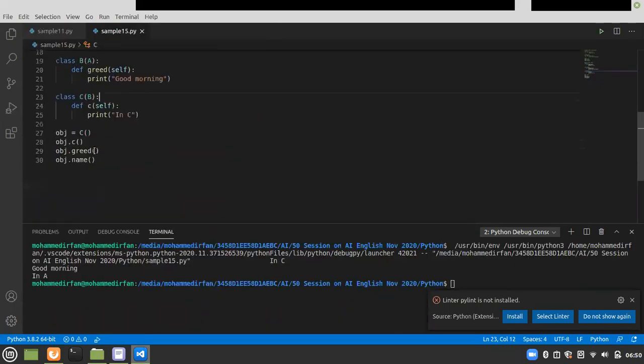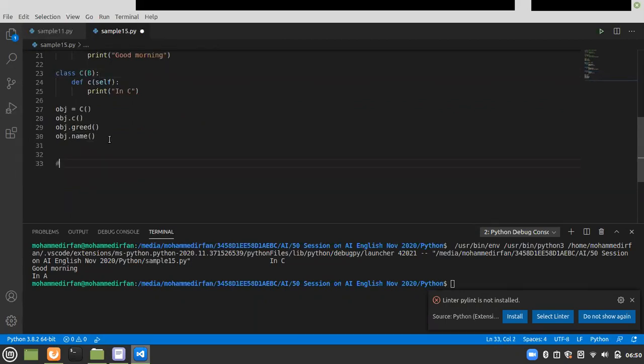Now we'll see the next inheritance type, that is multiple inheritance. This type of inheritance is not available in Java. There is a reason, because it ends up with the problem of method overriding. So that's why this type of inheritance is not in Java. It's in Python. So it overcomes this problem by a solution, which I will show you